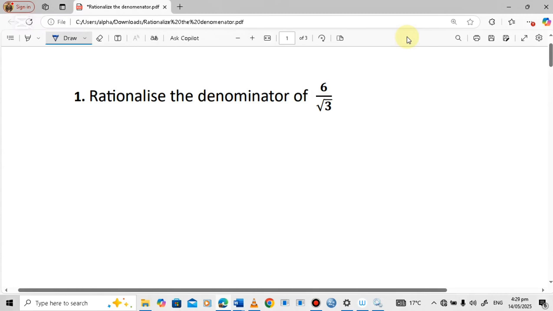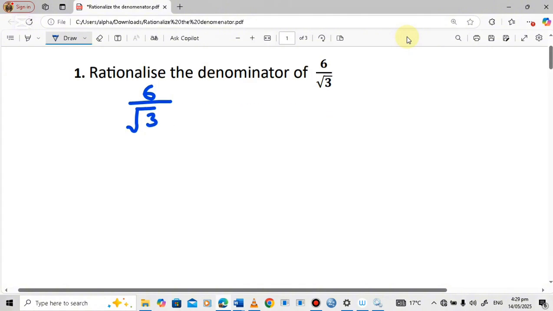Alright, so the first question says, rationalize the denominator of 6 over the square root of 3. So first let's rewrite this question. So 6 over the square root of 3. Now, what do they mean when they say rationalize? To rationalize means you need to remove or do away with a surd or the square root symbol on the denominator. So to do that, we're going to multiply by the same denominator both on the denominator and the